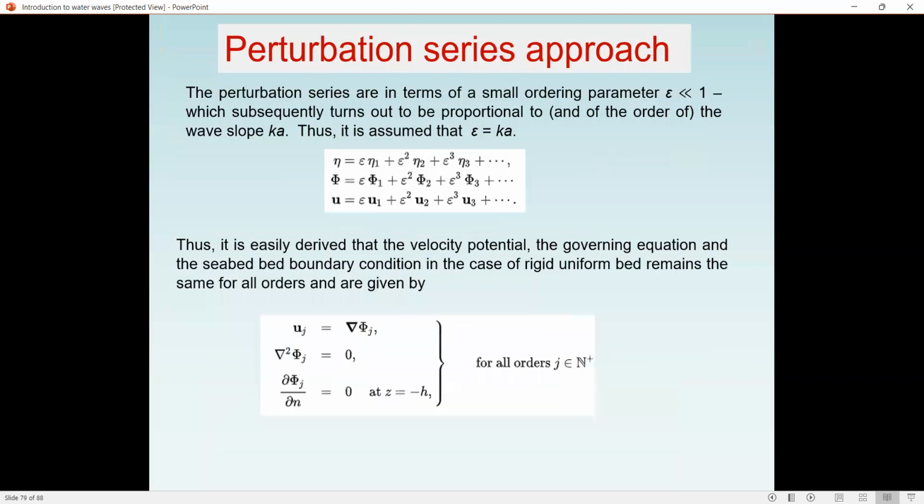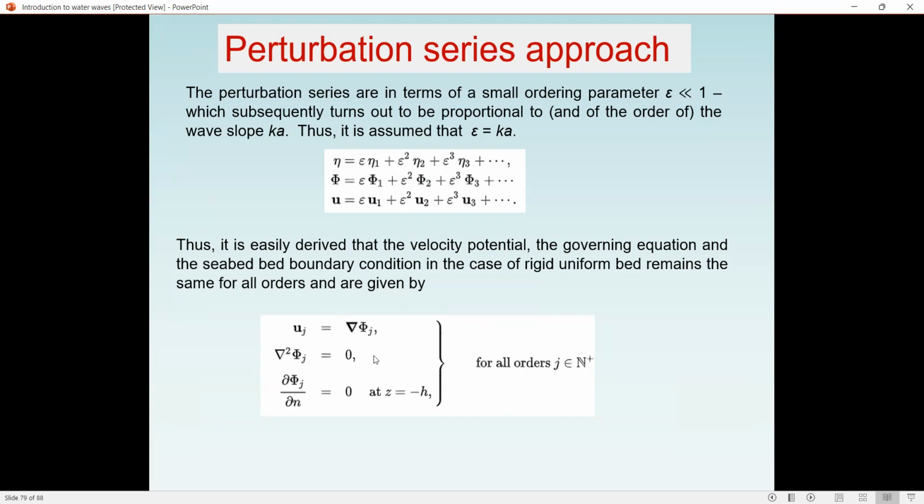Higher order terms. In fact, in the perturbation approach, you can do the same thing. You choose epsilon equal to k into a, where k is the wave number and a is the amplitude, and choosing that you expand eta and phi, where you use the horizontal velocity, phi the velocity potential, and eta the free surface. In the perturbation approach, you substitute this into the wave equations, and again you get the same way. You can get this as the linear wave theory.